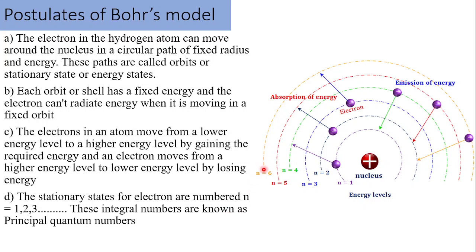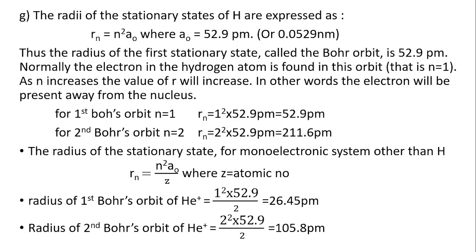This is n equal to 6 orbit, okay, last one. nৰ ভ্যালুটো ডাঙৰ হয় নহয় ডাঙৰ মানে ইয়াৰ ৰেডিয়াসটো ডাঙৰ আৰু যদি nৰ ভ্যালুটো বেছি আছে তাৰ মানে ই নিউক্লিয়াছৰ পৰা বহুত আঁতৰত আছে। So radius of the orbit will tell us how much it is closer to the nucleus. If the radius is small that means the orbit is closer to the nucleus, if the radius is bigger that means it is away from the nucleus. Okay, so similarly আমি ফার্স্ট বোর অরবিটৰ কাৰণে n equal to 1 হ'ব, সেকেন্ড বোর অরবিটৰ কাৰণে n equal to 2 হ'ব।